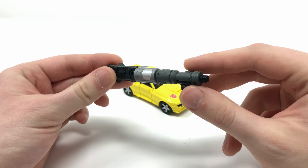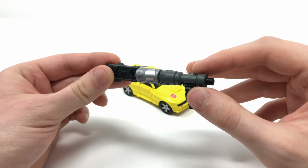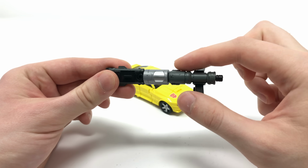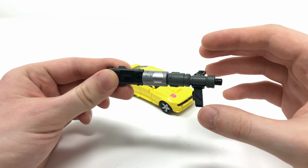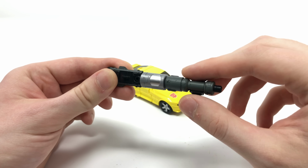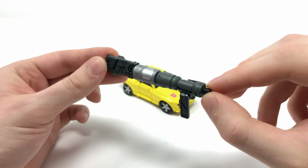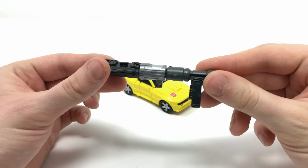Now, something which I was quite surprised to see is that they haven't just included the direct accessories that we got with Cliffjumper. While some of the pieces are exactly the same as Cliffjumper, they have swapped one of these pieces out. If you recall, Cliffjumper does come with two of these to create a rather long looking bazooka-like weapon, whereas this time around they've actually replaced it with the section that we get with Siege Brunt, which for me, I'm not too sure about yourselves, but looks rather out of place when used with the rest of the missile launcher. Personally, I would have much rather them just repacked the weapons that we got with Cliffjumper, but nevertheless,